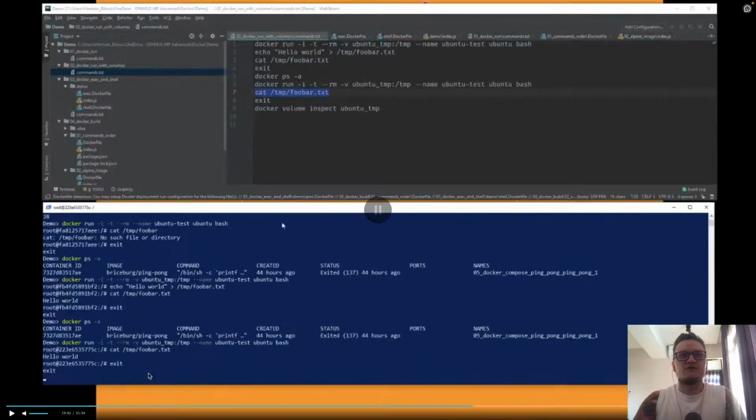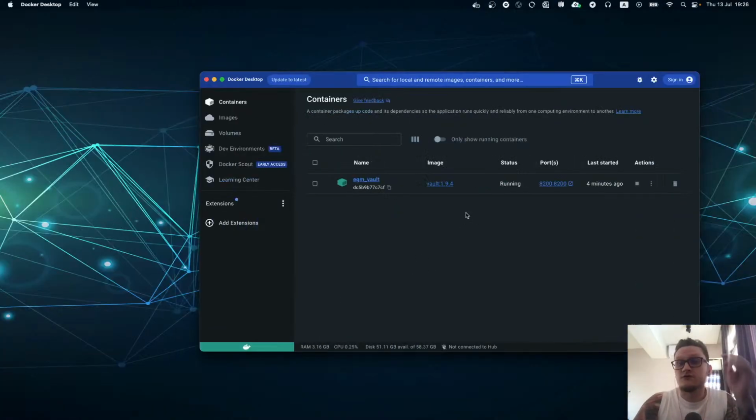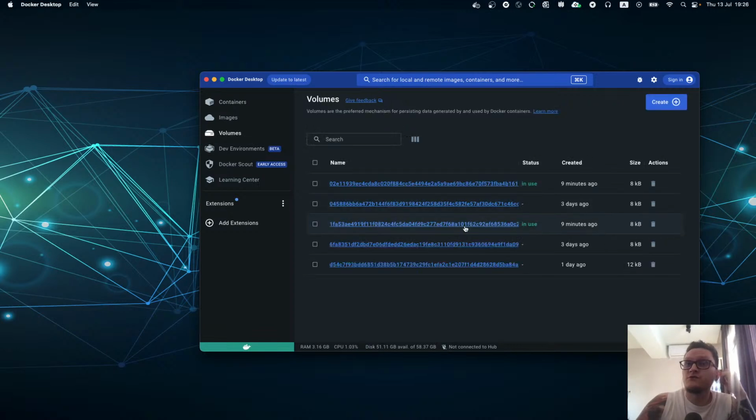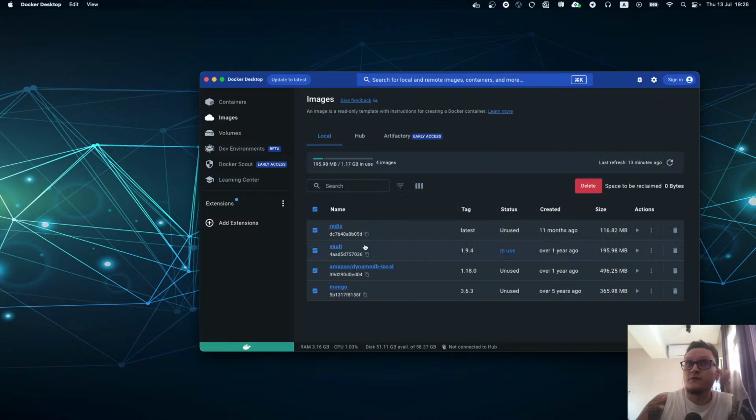That's also pretty interesting, because in our example I have volumes which are in use by my vault, for example, and I have an image of my vault. If I want to create a new image of the vault, I will just remove this image and create a new one.